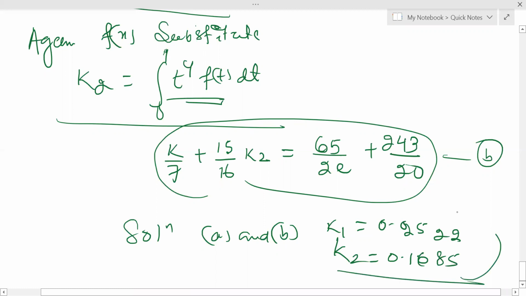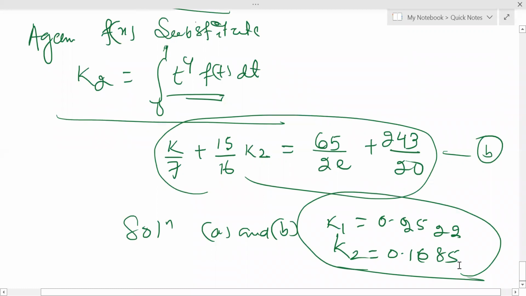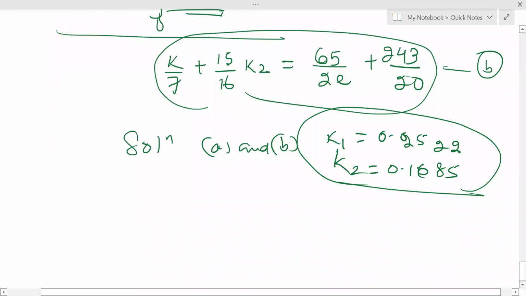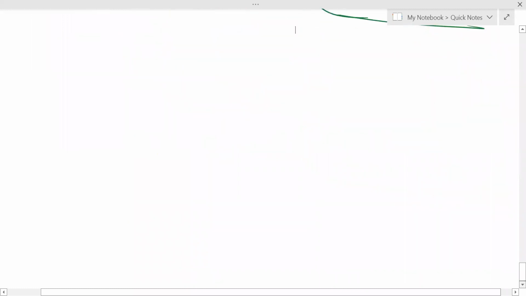These are the values of k1 and k2. Hence final solution will come here. Hence final solution is